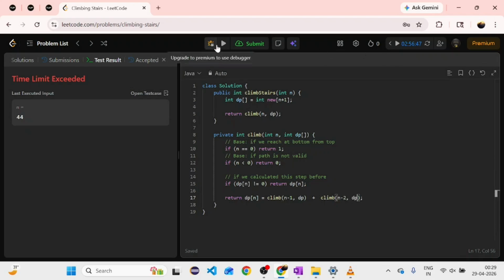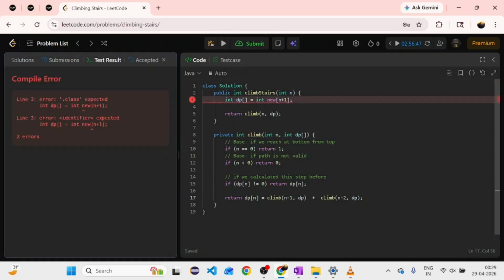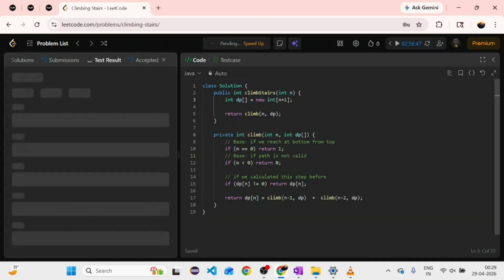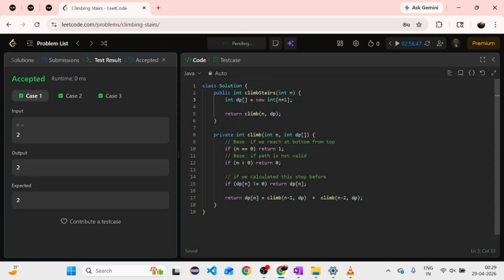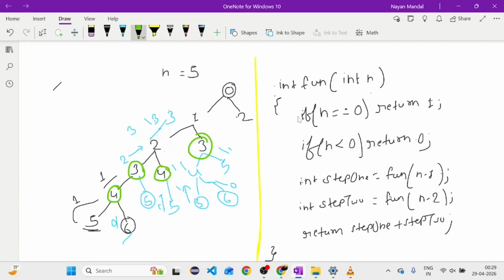And one thing, I have written the code in Java, but let me check what the error is. Sorry, it's my bad actually. Yeah, it worked fine.